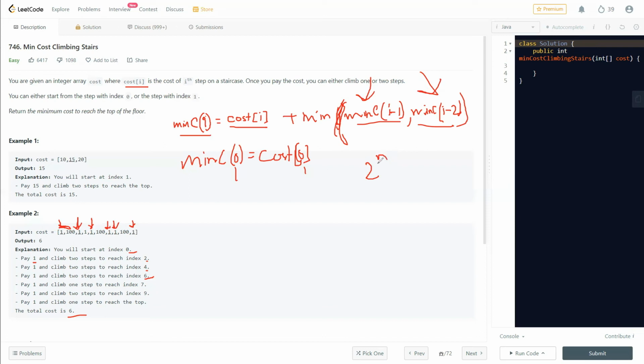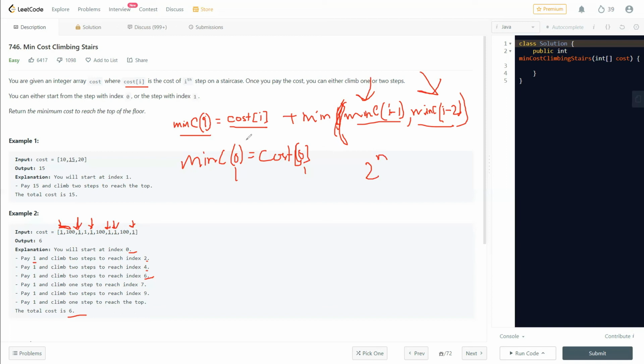So this recursion will end up having a complexity of order of 2 to the power n. There is a chance, I'm not sure whether it will happen or not, but there is a chance that you may get a time limit exceeded once you try to do this using recursion. So whenever we know our formulation, but we are getting a time limit exceeded or it is not working, then the thing we should go ahead with